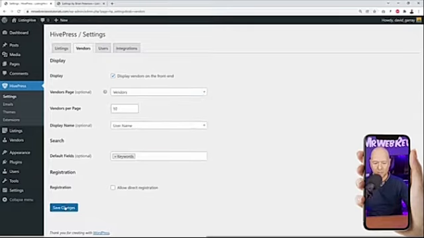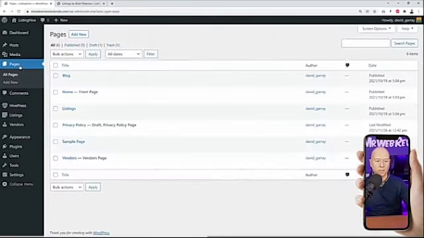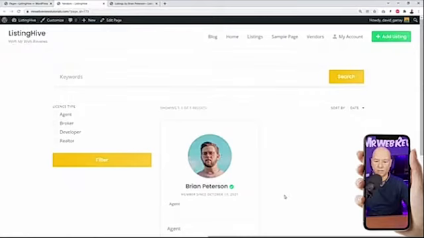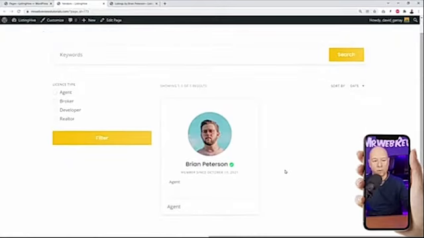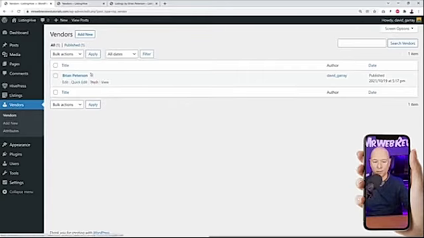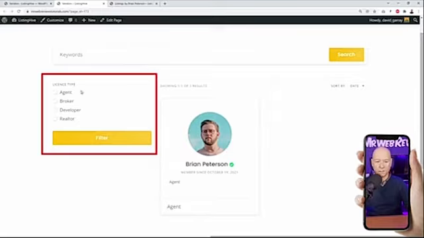Now if we go back into pages and hover on top of this one, let's right click on it and open in a new tab. And this is our vendors page. There you go. We only have one vendor, as you can see here. If you go back into vendors, we only have Brian Peterson, so he's the only one showing up here. But if you had 20 or 40 of them, they would all show up. Now we can narrow down the searches based on the license type. So let's say if I want to look for a broker, filter,